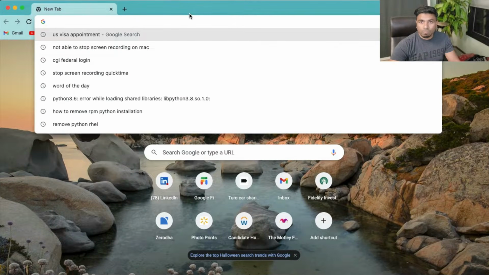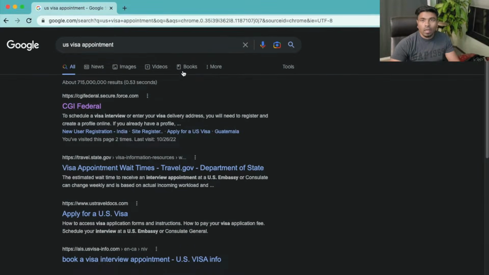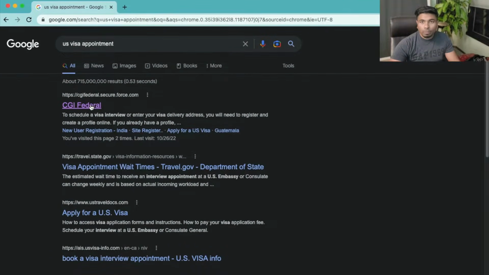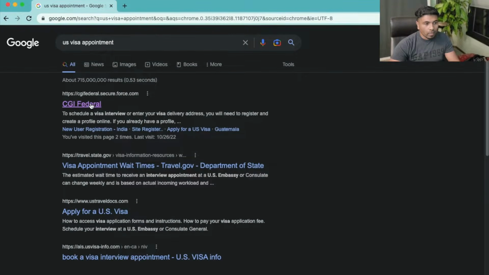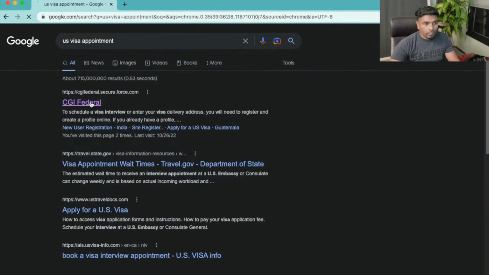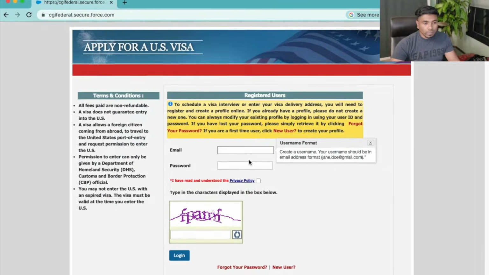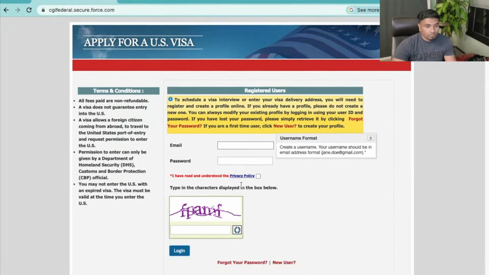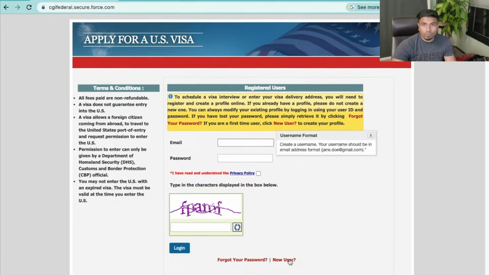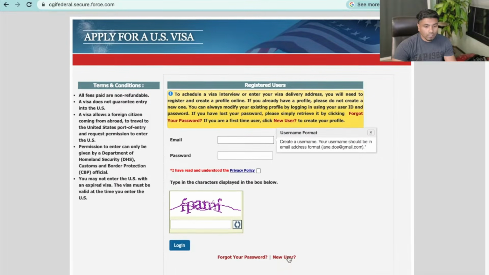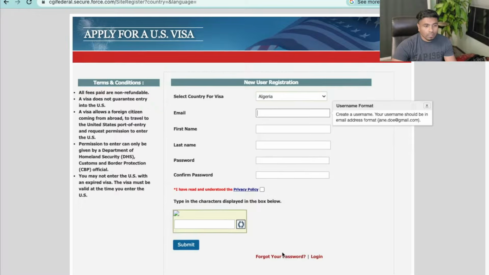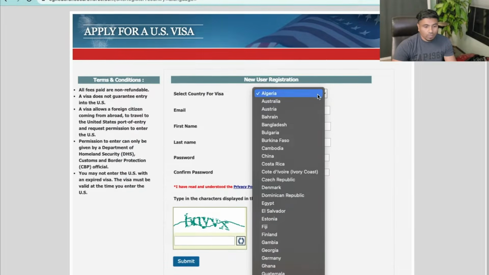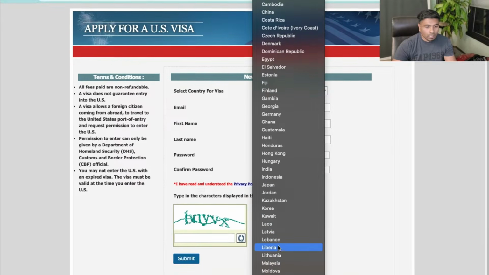Pick your favorite browser, and if you search for US visa appointment, the first website that it will be pulling up is CGI Federal. It's a Salesforce website. If you click it, you will get this landing page. Once you have this landing page, if you're a brand new user, you have to click the new user option, and it will ask you to select your country. So I'm going to select my home country as India,